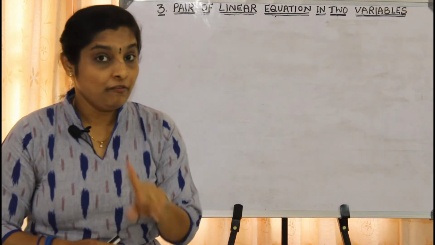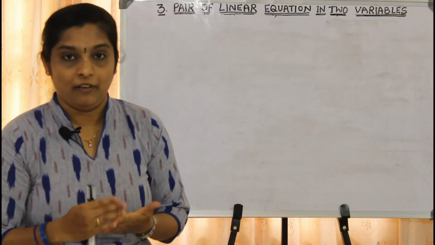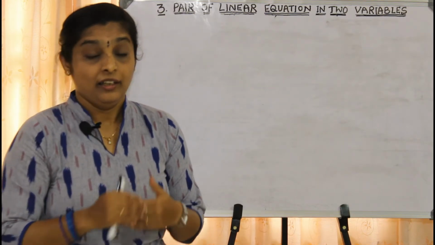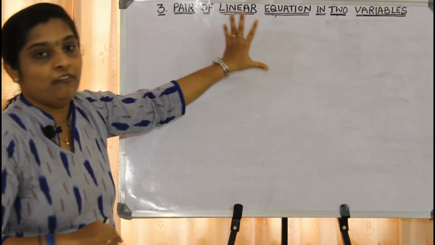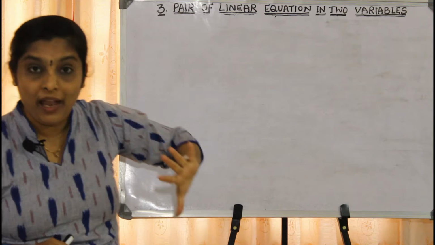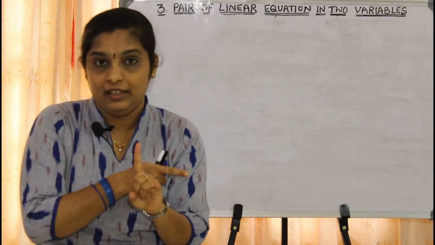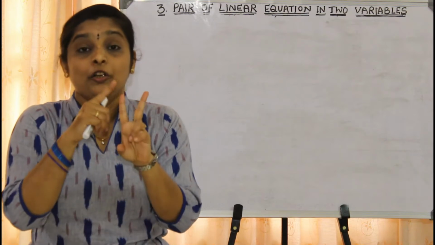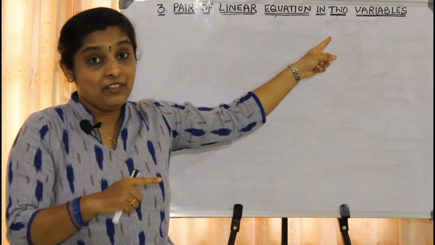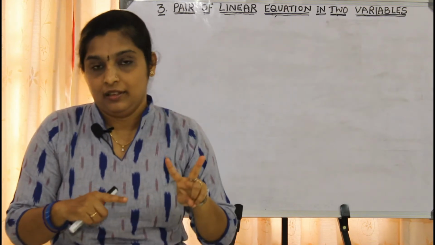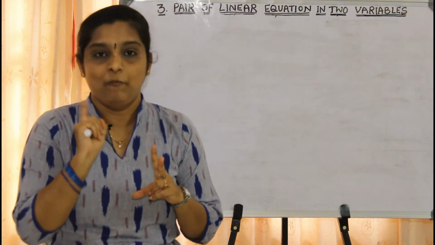Algebraically means in the form of equations, and geometrically means in the form of a graph, which you have already learned in 9th standard. Let us come to this year's topic, that is pair of linear equations. What is the meaning of a pair? Pair means two. So here we are going to study two linear equations of two variables. And the only condition is both the linear equations should have the same variables.